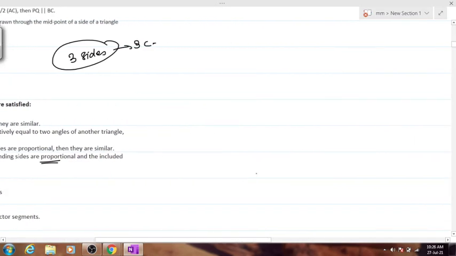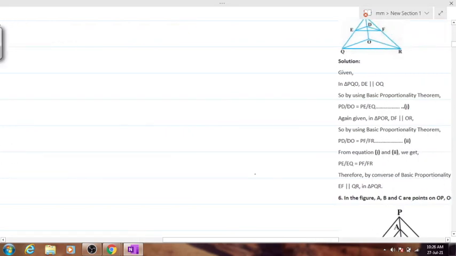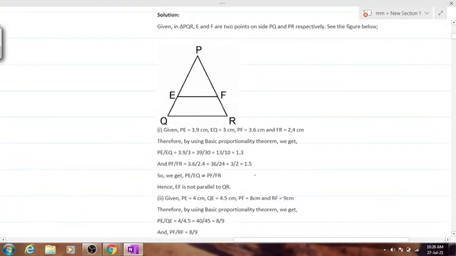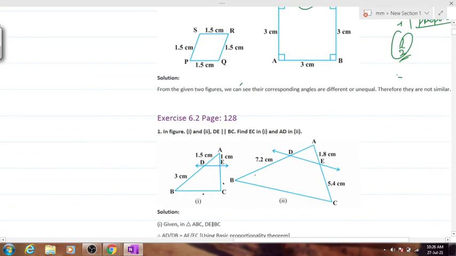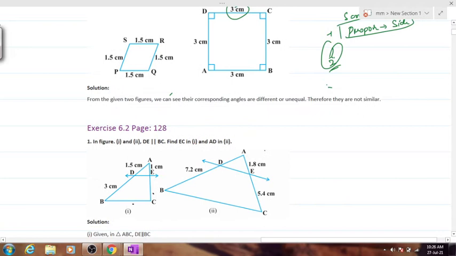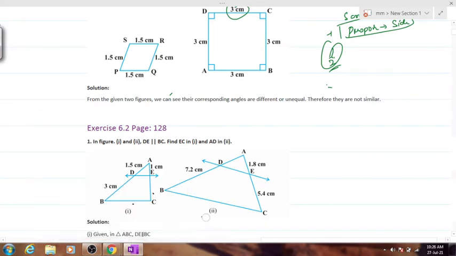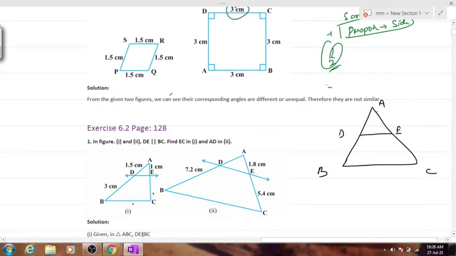We'll move on to numericals out here. Can anybody tell me what BPT says, the basic proportionality theorem? Yes, anyone can throw some light on it? What does BPT mean? I'll refresh your brain a bit. ABC is a triangle. DE is parallel to AC. Yeah, DE is parallel to BC. What can we say from here?